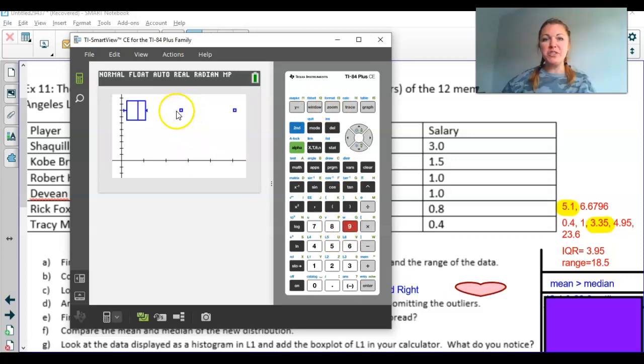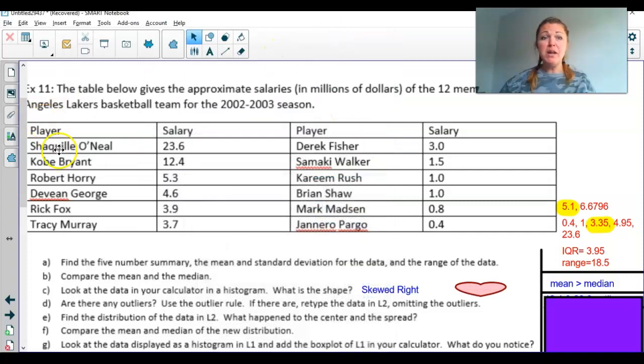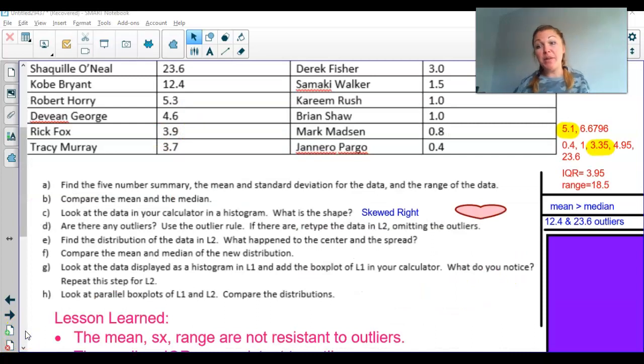And you can see, sure enough, look at that. If I hit trace now, I can look at, here's my 5-number summary. And then what it can also tell us is, hey, that's an outlier, 12.4 and 23.6. So Shaquille O'Neal and Kobe Bryant are indeed outliers. All right. Okay, so now that we know that 12.4 and 23.6 are outliers, what we want to do next, you guys, is we want to go ahead and,